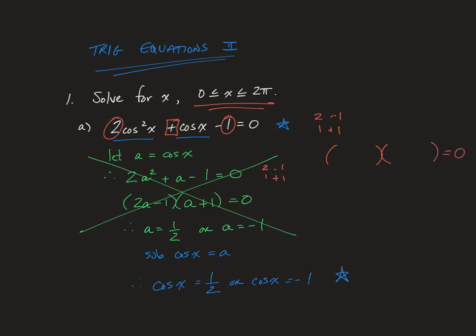My coefficient on the first term is a 2. My coefficient on the first term in the second bracket is a 1, although of course we would never write that. My constant at the end of both terms is a 1 and a 1. Now, what was like the variable in this problem? And we can see it right here, that our variable was cos x. So when I plug my variable into that factor,